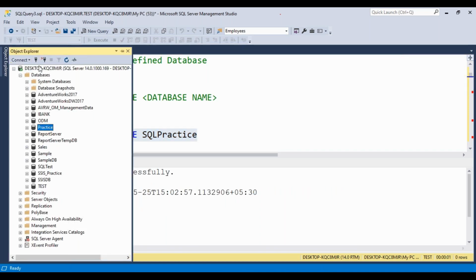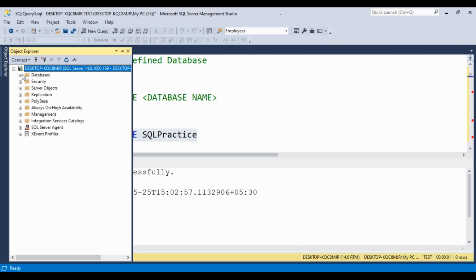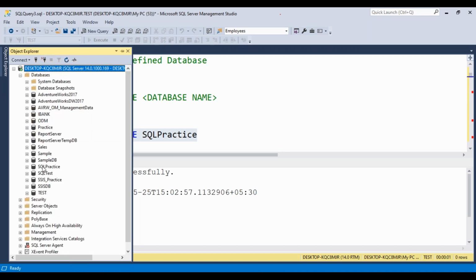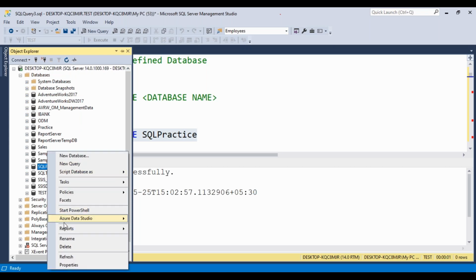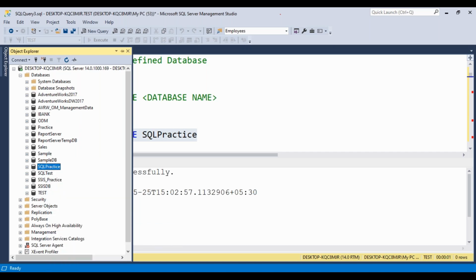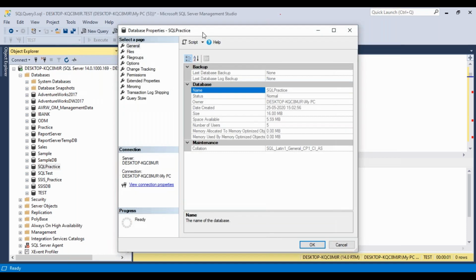Now you can go to your server and refresh. Then you can observe here under databases it has been created. It's the SQL practice database. Right click and go to properties, and you can see when the database was created, how much space was allocated, what the auto file growth is, and what the owner of this database is.